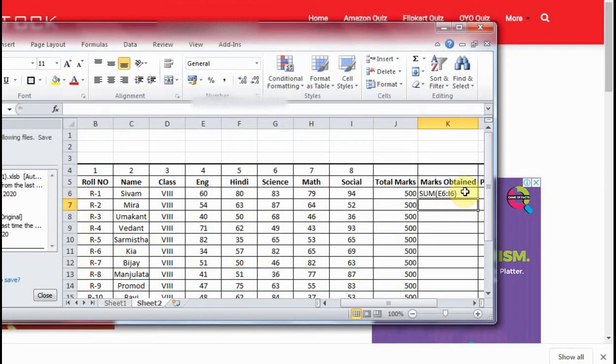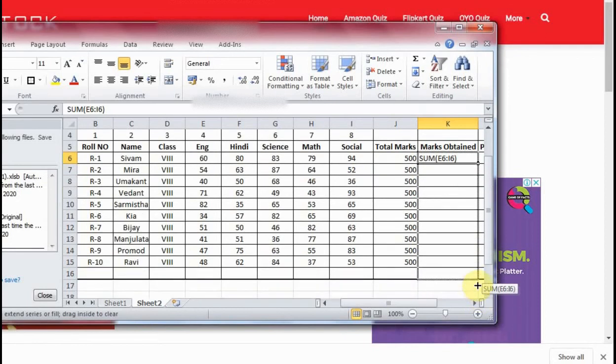This is the formula we have, and we can drag it down.